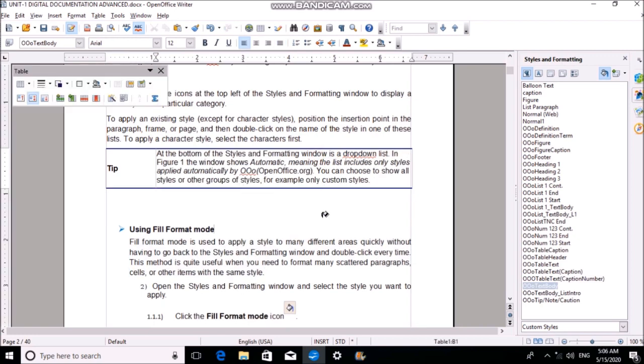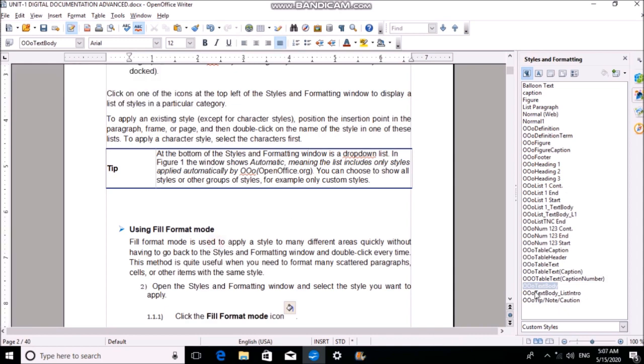So I'll click it, and now it is changed. Now if I want to come back to my editor cursor, I'll simply press Escape. So now the cursor has appeared. I just want to check if the formatting is done or not. This was the O text body. Now I'll click here, and this has also become the O text body. So now I just want to show the change.